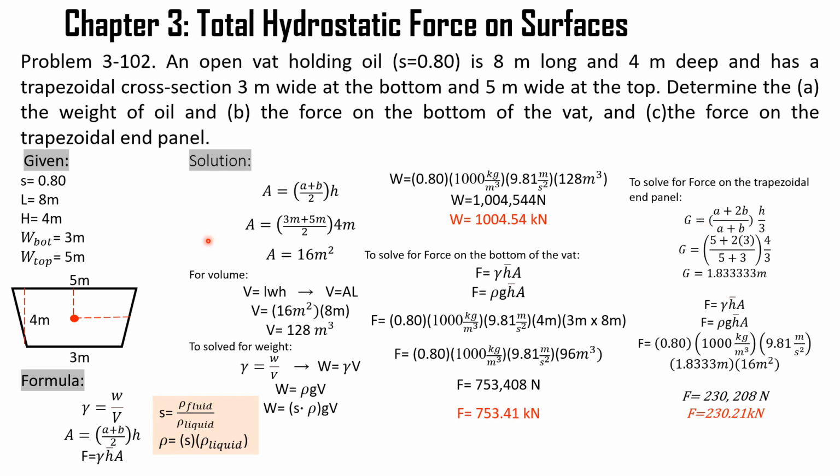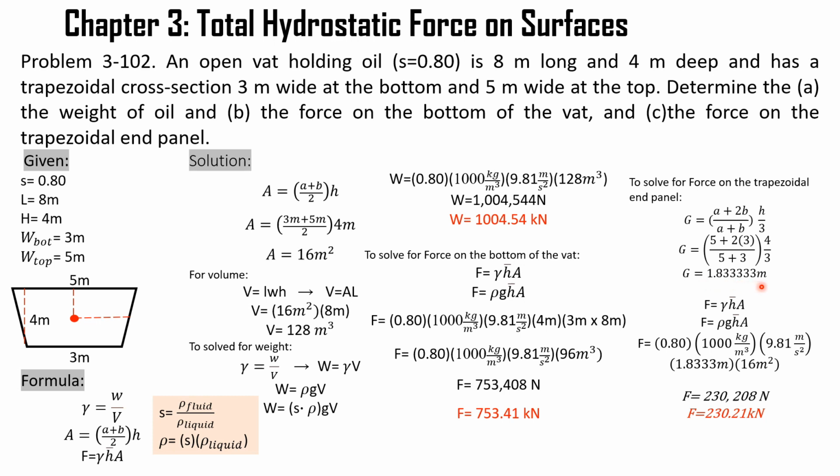Since I have said earlier that 5 meter is our A, 3 meter is our B, let's substitute it to the formula. So G is equal to 5 plus 2 times 3 meter all over 5 meter plus 3 meter times the height of 4 meter all over 3. So the depth of the centroid is